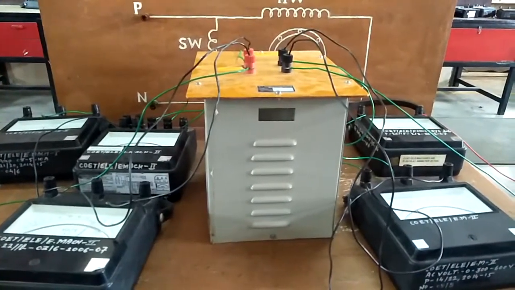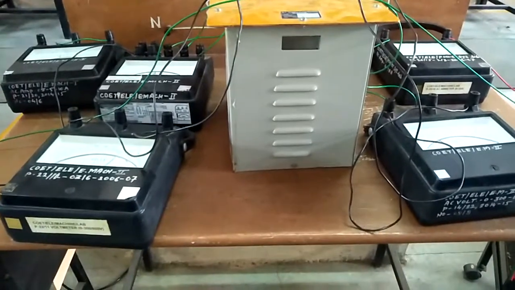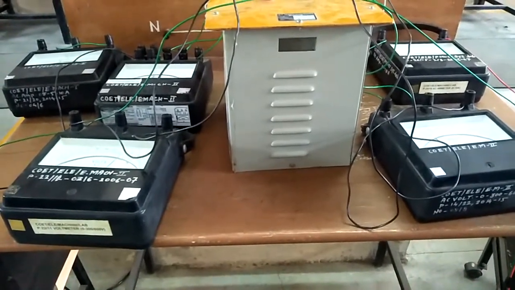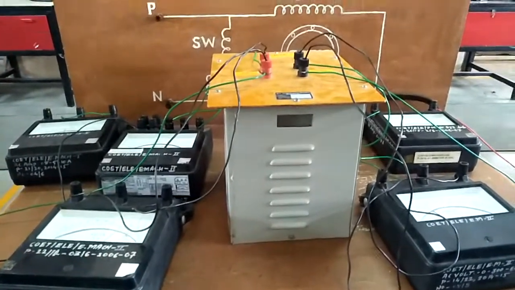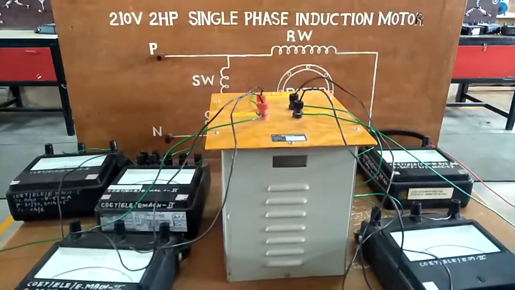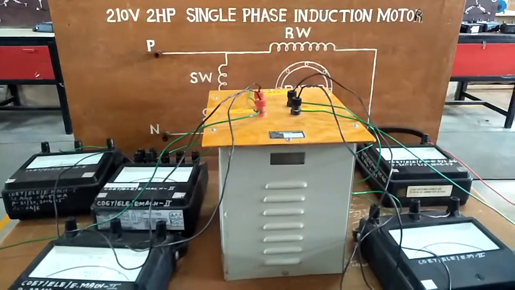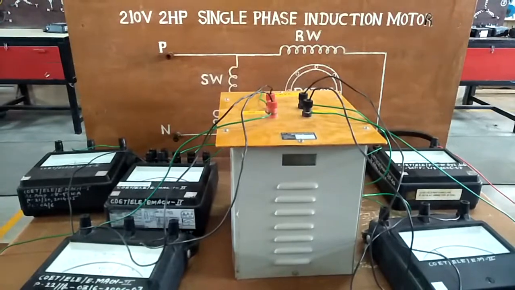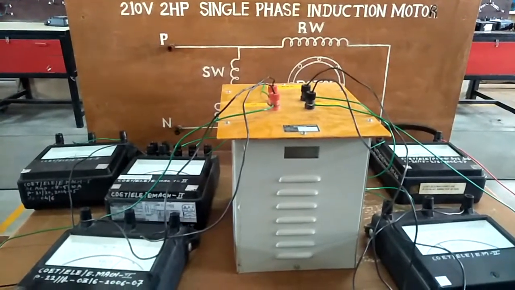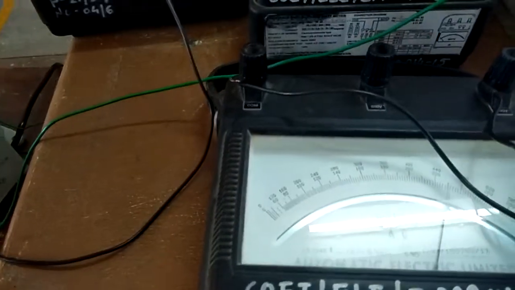So this is a useful method to determine the voltage regulation and efficiency, but this method has a drawback. It consumes more power, and it is applicable only for small transformers. If the transformer capacity is 500 kVA, 100 kVA, 600 kVA or 1 MVA, it cannot be tested in the lab. Then we have to go for the indirect method of testing, that is the open circuit and short circuit test on the transformer. So this is the practical of the direct load test on the transformer.